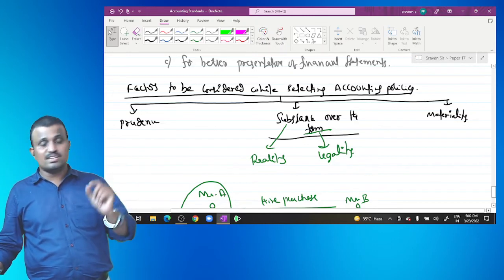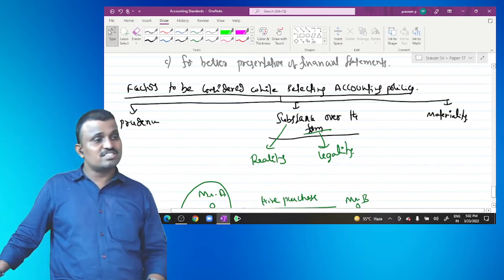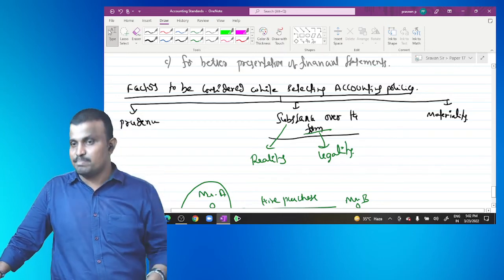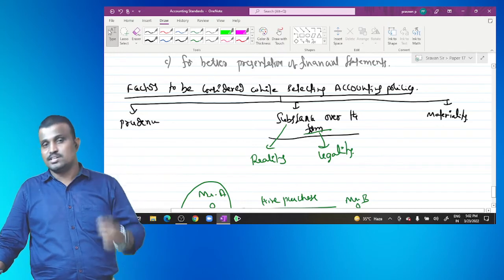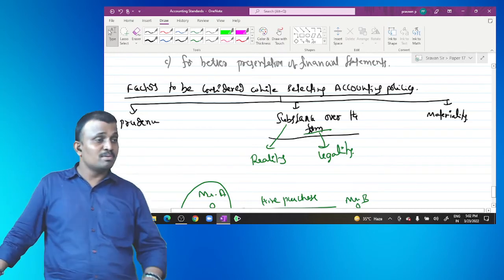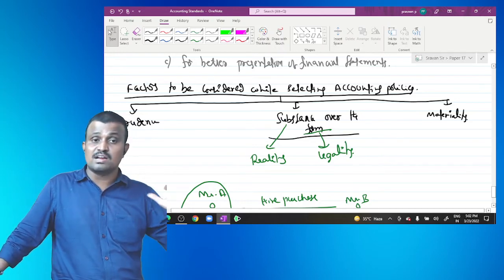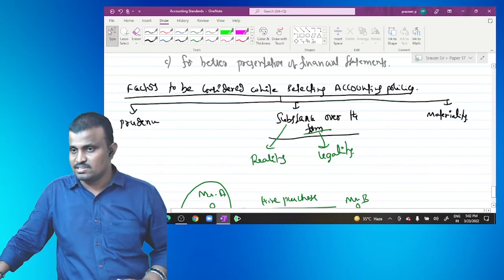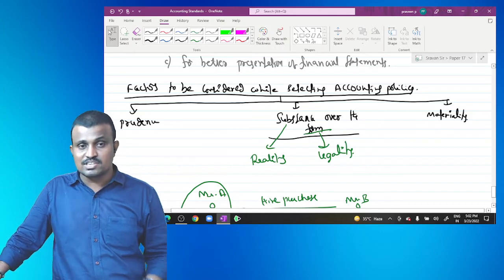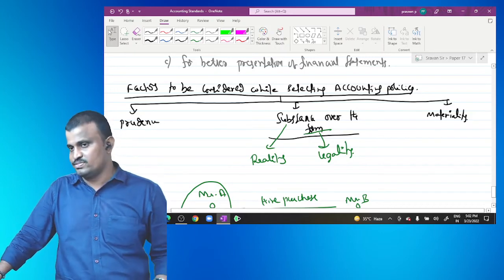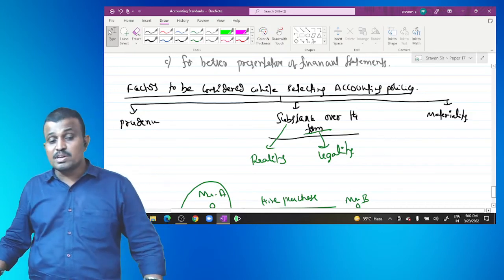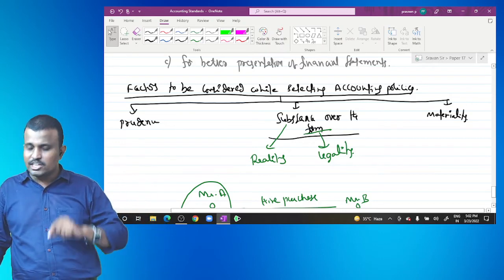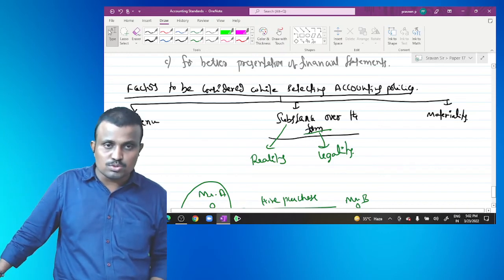Some small items are there, for example, we purchase stationery, like a stapler purchased for 200 rupees. But actually, the stapler provides its services for a period of more than one accounting year. As per the definition, it is a fixed asset. But we didn't recognize it as a fixed asset. We show it as an expense, because non-disclosure of that item as an asset in the balance sheet does not affect the decision of the user.